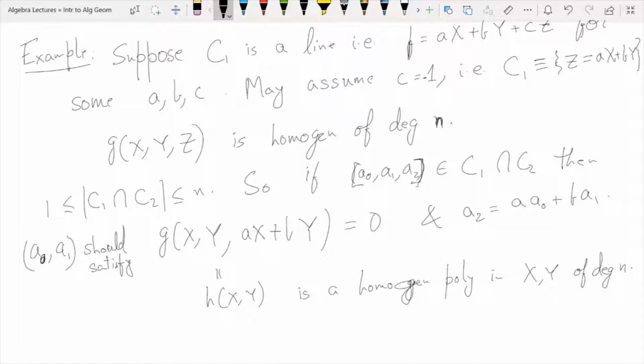Or you just multiply by lambda, replacing X and Y by lambda X and lambda Y, and you see that lambda to the power n comes out. So either way, we see that H(X, Y) is a homogeneous polynomial in X, Y of degree n